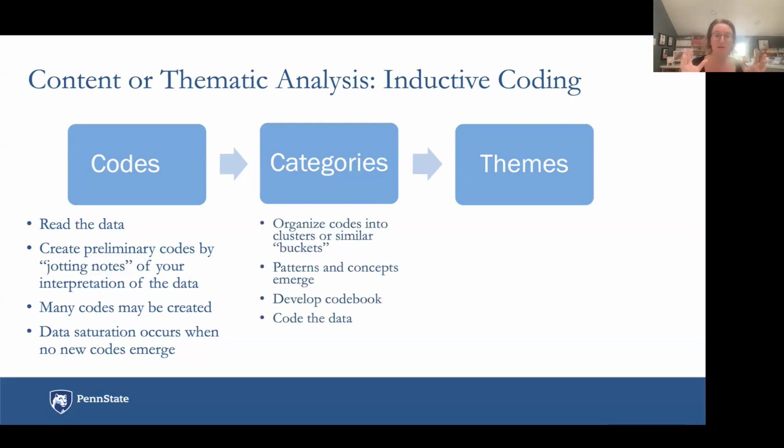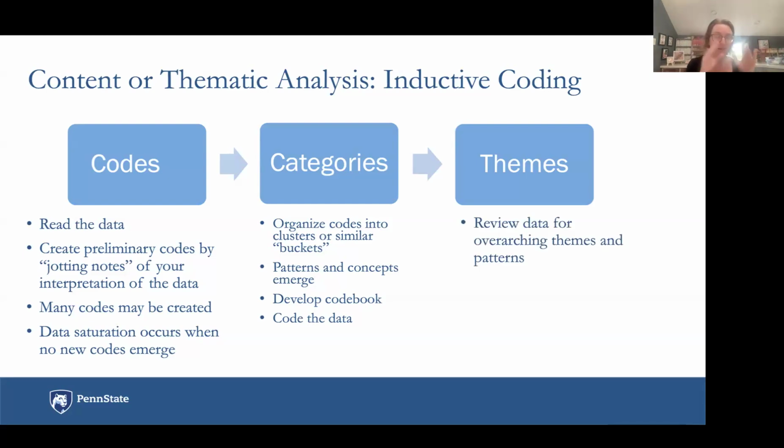This is where we take all of the codes that were just sort of sticky notes all over your paper, all over your whiteboard, and we organize them into clusters or buckets, into what we call a code book, which I'll show you in a slide. From the code book, you might group all the positive impressions in one category, and all the negative impressions in another, and all the things that are stressors, or all the things that are coping mechanisms, or whatever it may be. You develop your code book, and then coders will use that code book to assign a code from the category to a very specific part of the data.